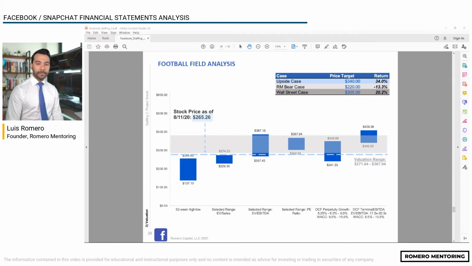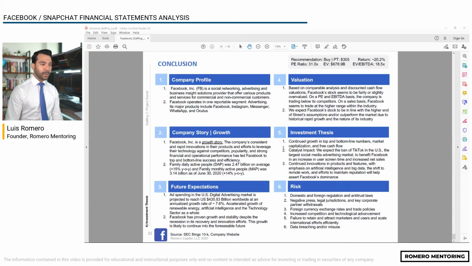But more importantly, the different price target under each of the scenarios. So here she had an upside case where the price target was $340. Here she has her bear case with a price target of $220, and here she has her Wall Street consensus case with a $305 price target. Ultimately, her recommendation on Facebook, let's pull up here the final slide, was a buy rating with a $305